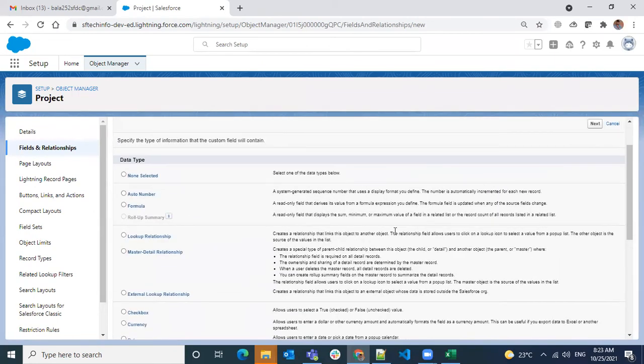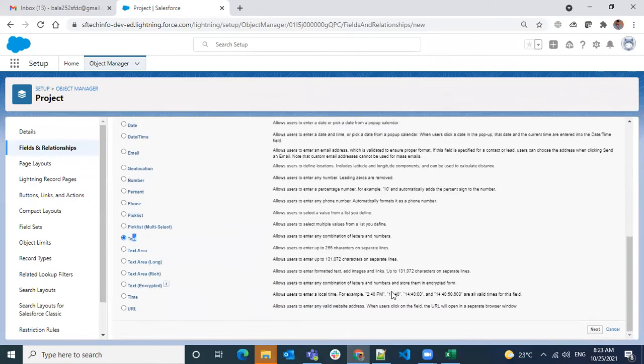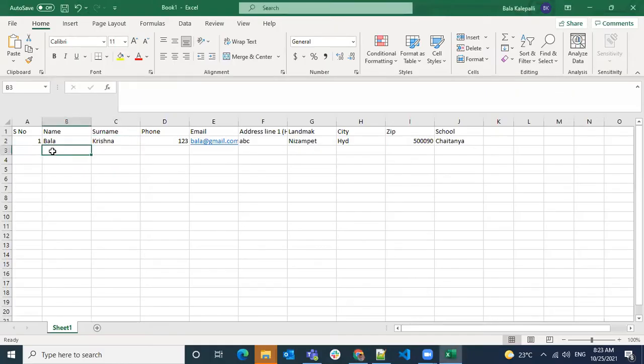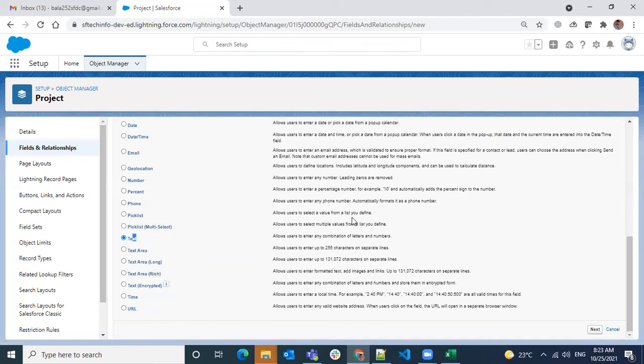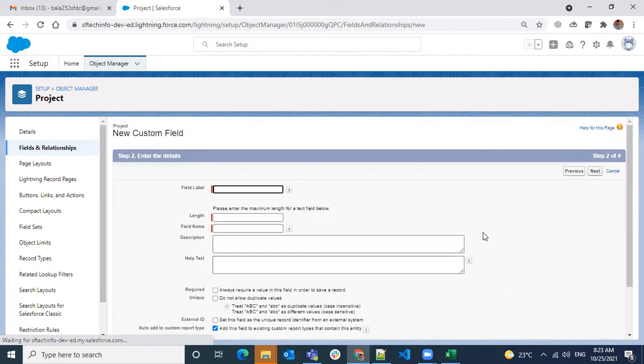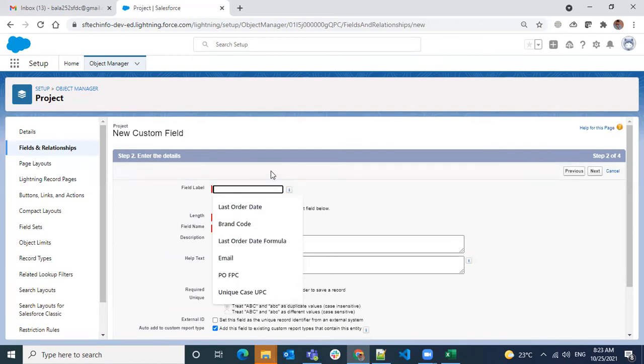When you create a field and open the record, you are free to enter text. Like in Excel, you can type whatever you want, right? There's no restriction. It's a free text that allows the user to enter any combination of letters and numbers. So, a simple explanation. What are the steps? First, you need to select the type of the custom field. Then you have to select